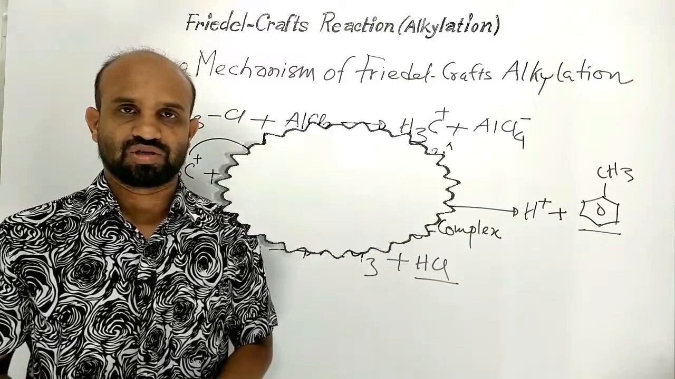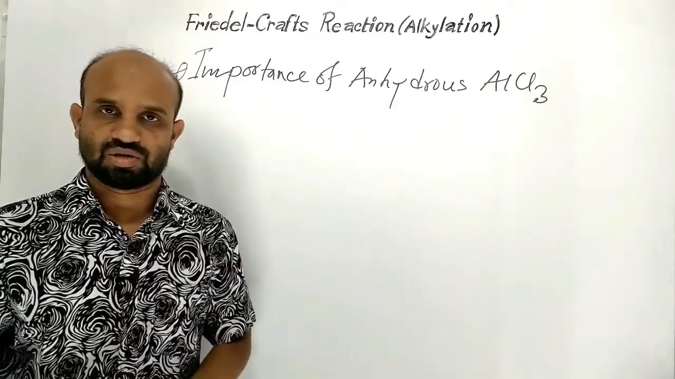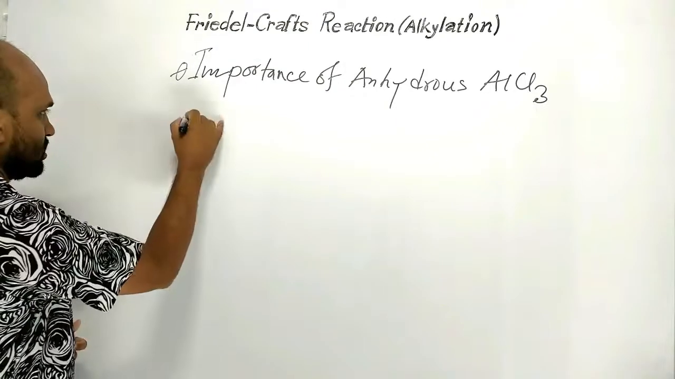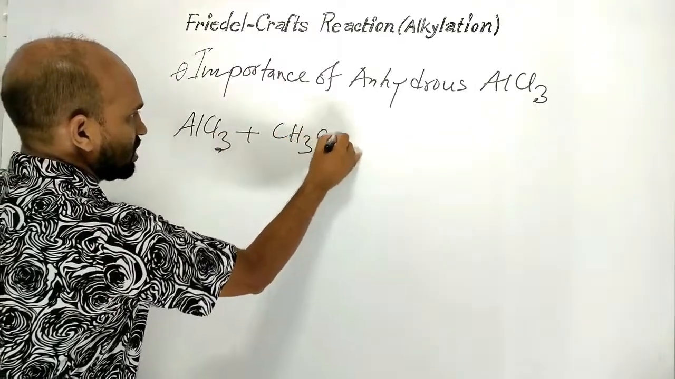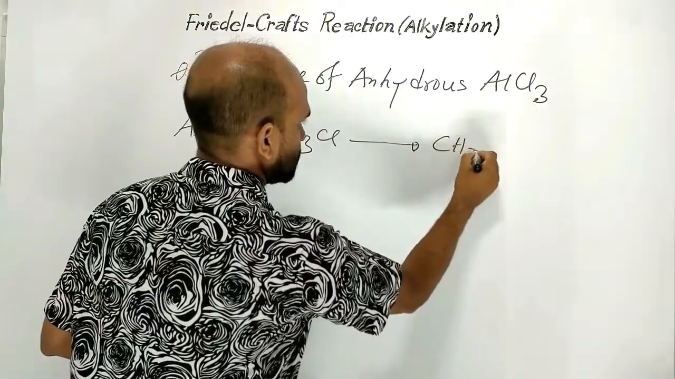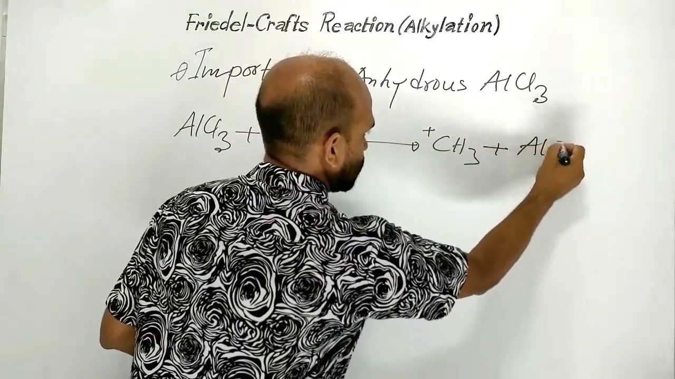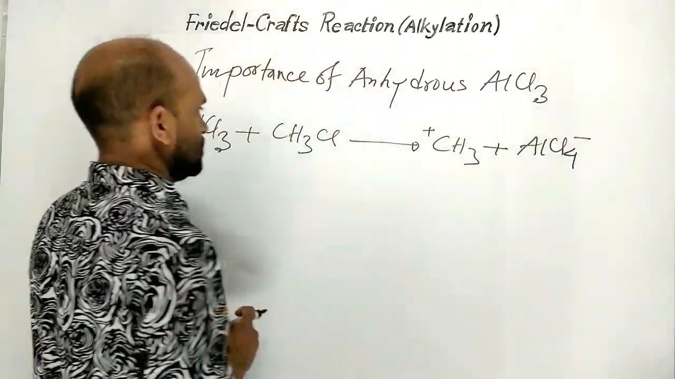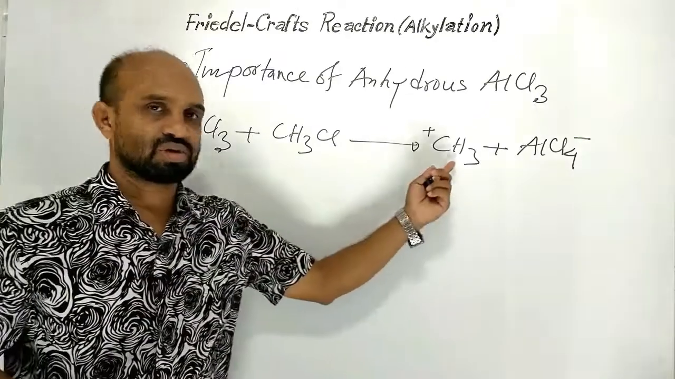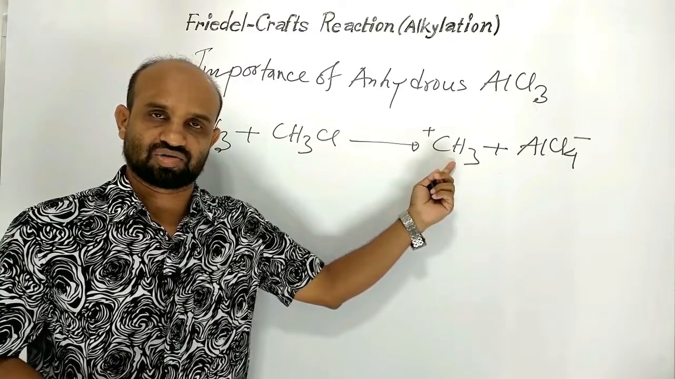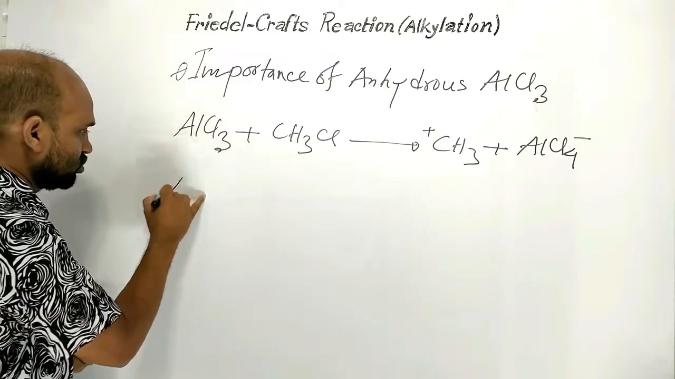Let's move on to the next point. Now the point is importance of anhydrous aluminum chloride. Let's see. Anhydrous aluminum chloride reacting with alkyl halide forms alkyl electrophile and tetrachloroaluminate ion is formed. So here anhydrous aluminum chloride forms electrophile, alkyl electrophile, but when it is moist aluminum chloride, that means water is present there, then